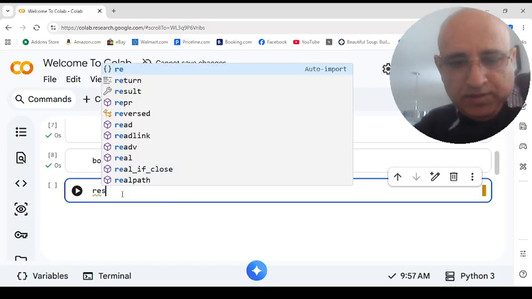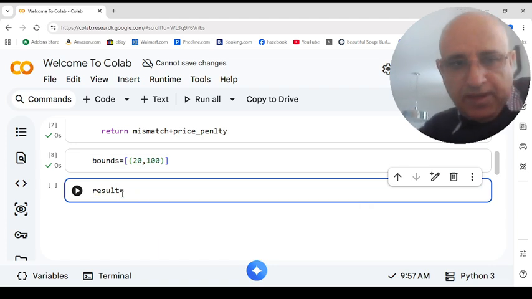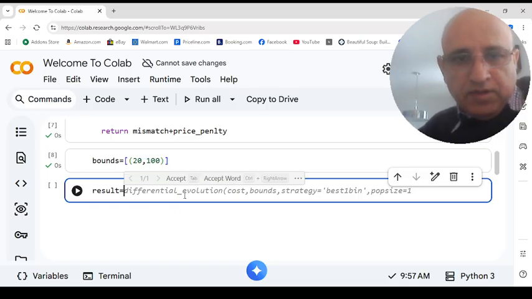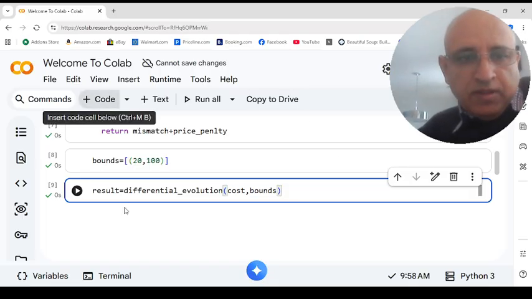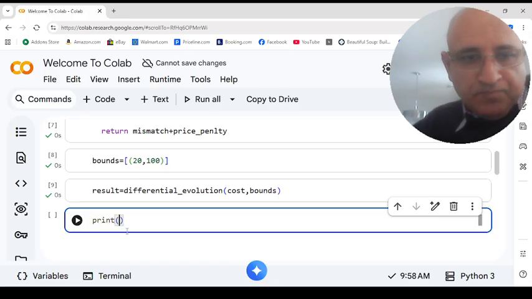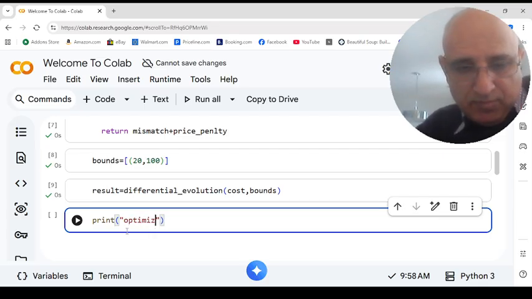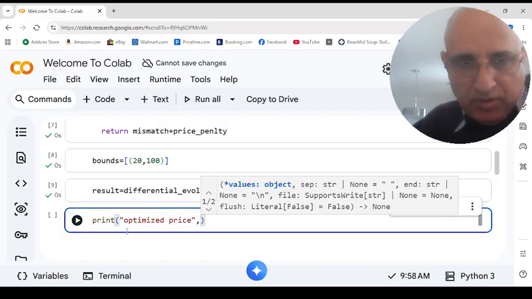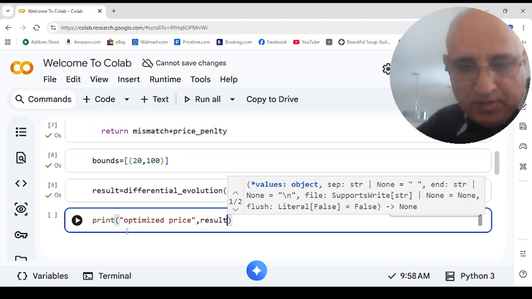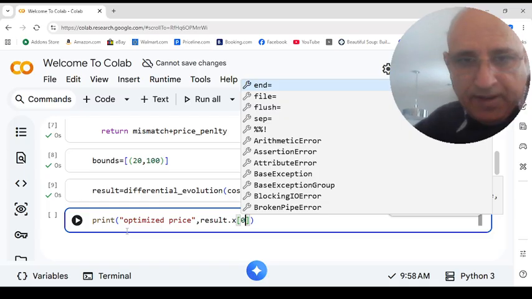Okay, now we can write the result as the function differential evolution cost, comma bounds, and in the next step, which is the last step, we can say optimized price would be equal to result.x,